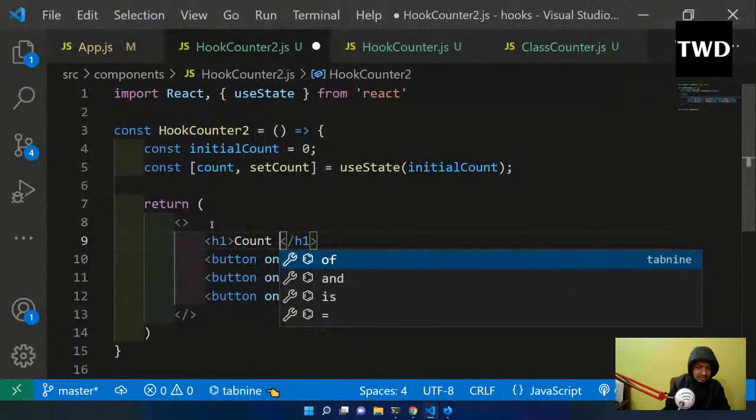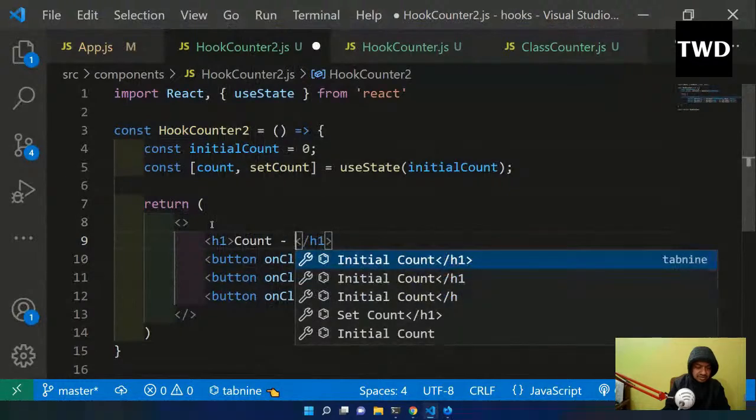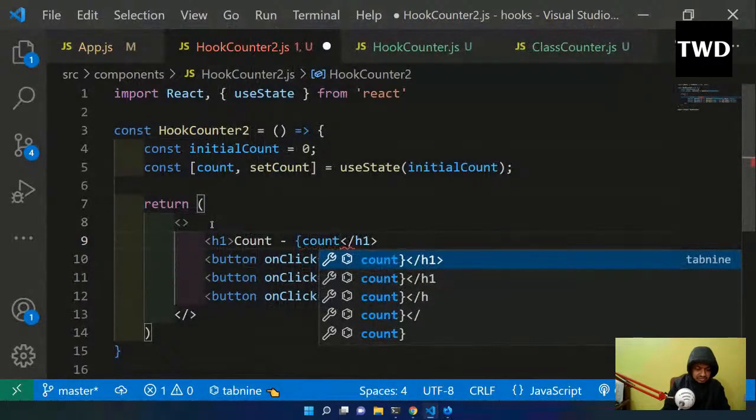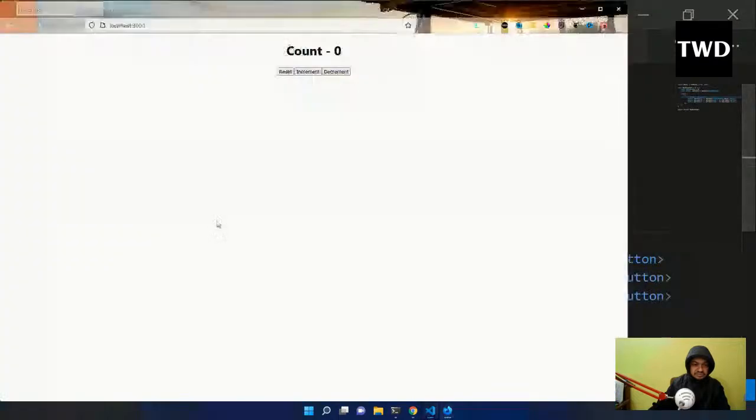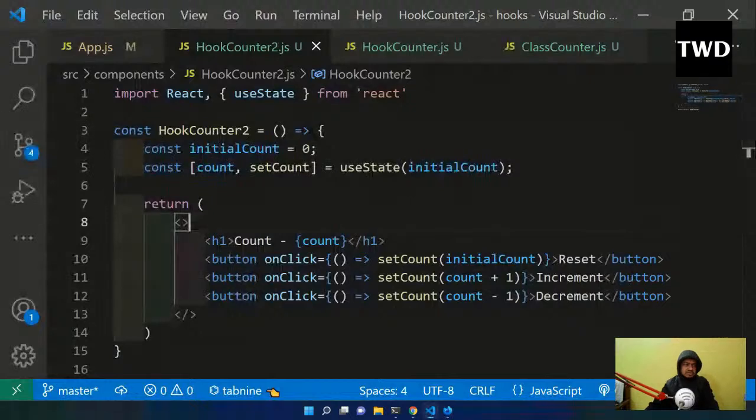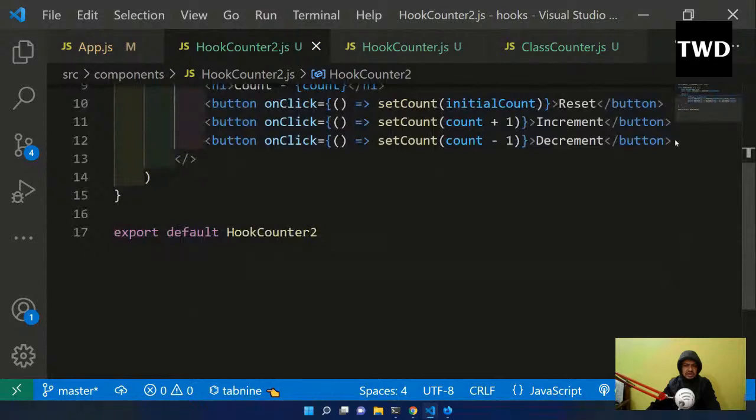Count is... save it. So the count is there: increment, increment, decrement, decrement, reset, everything is working fine. Okay, so this is working fine. So what we are going to see is a case like this. Suppose I have a